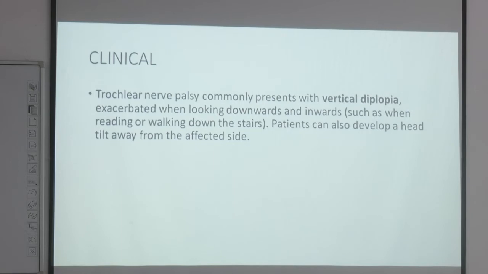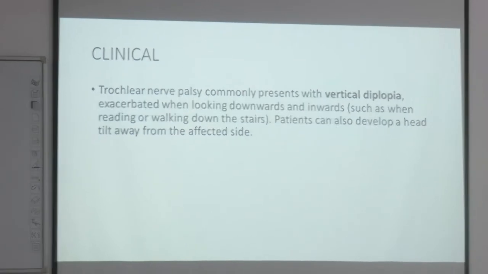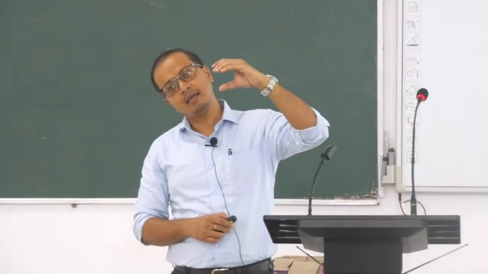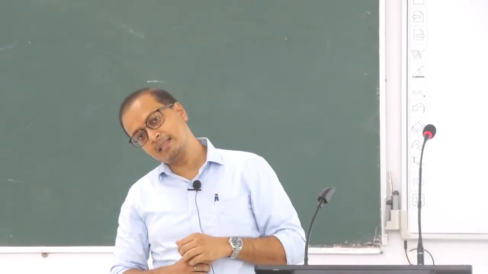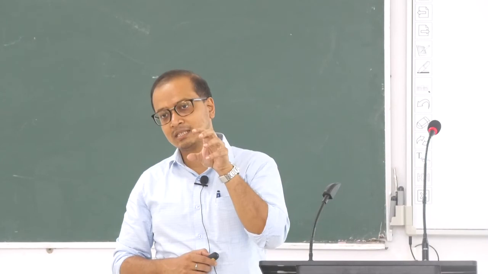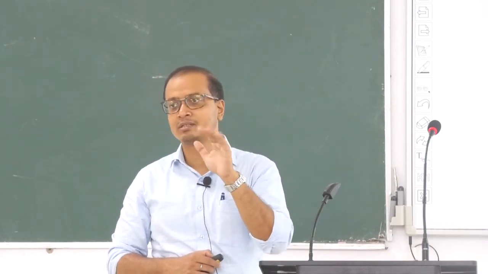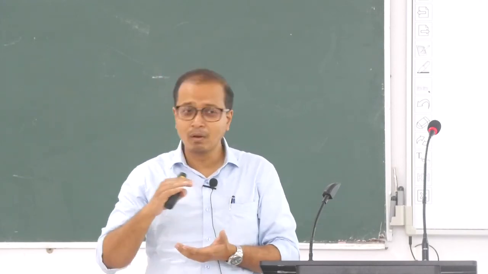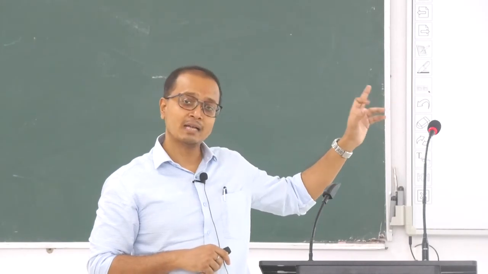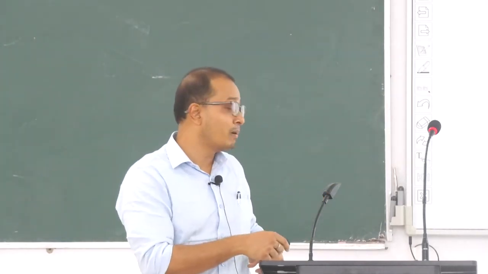Now, a person who has this kind of diplopia tries to adjust it. How are they going to adjust it? They tilt the axis of the object they are seeing. If they tilt the head, the diplopia goes down or moves up. Once they tilt the head, they can minimize the axis. So by tilting the head, they try to cut down these aberrations of diplopia and try to see things single, because diplopia is what makes things blurry.